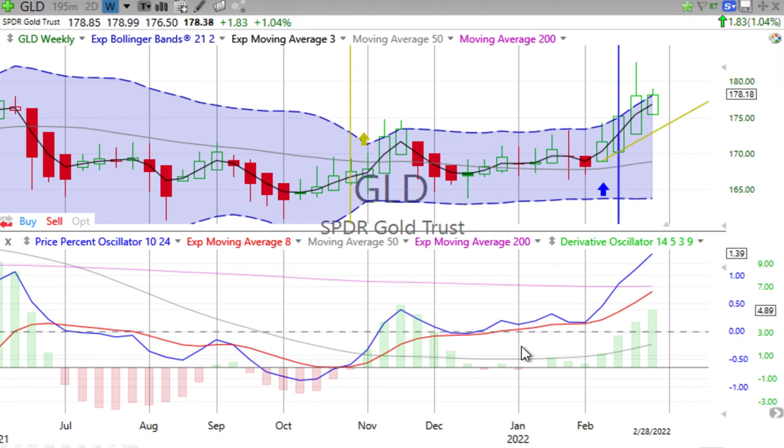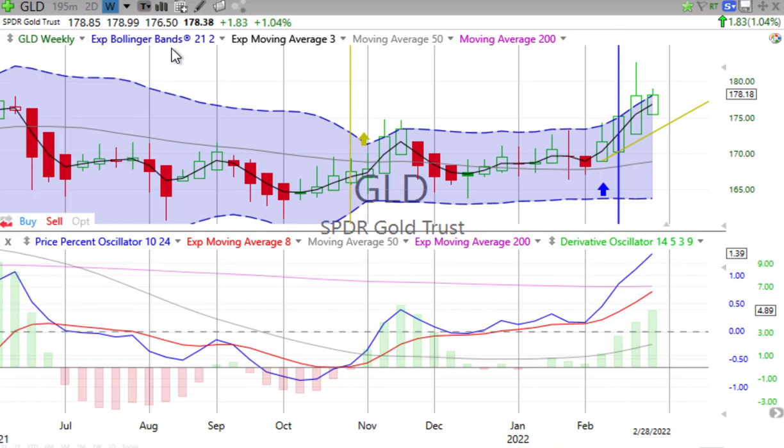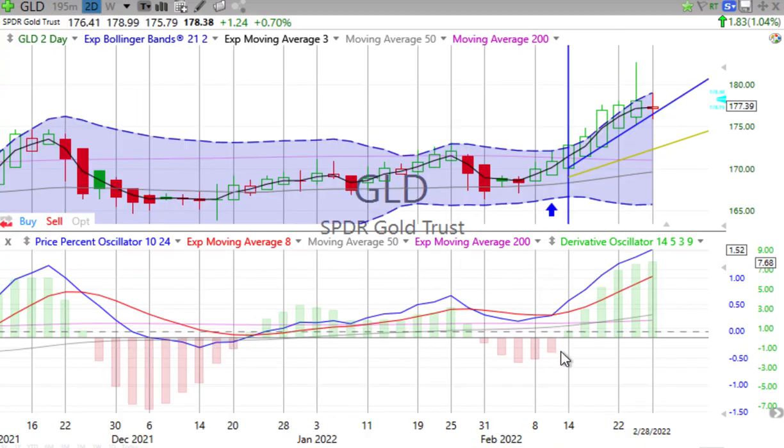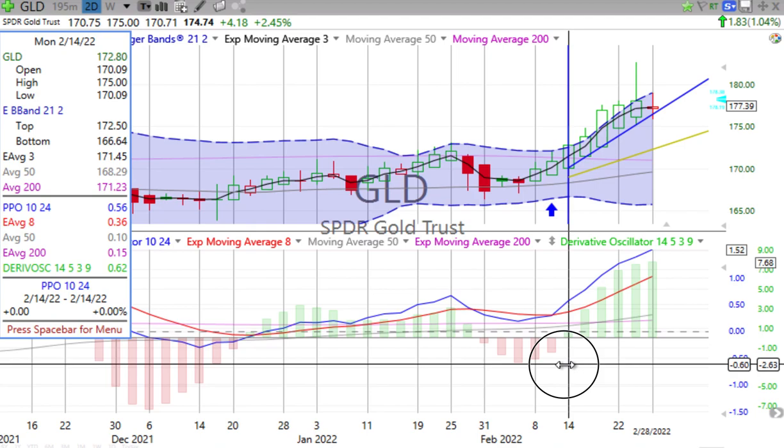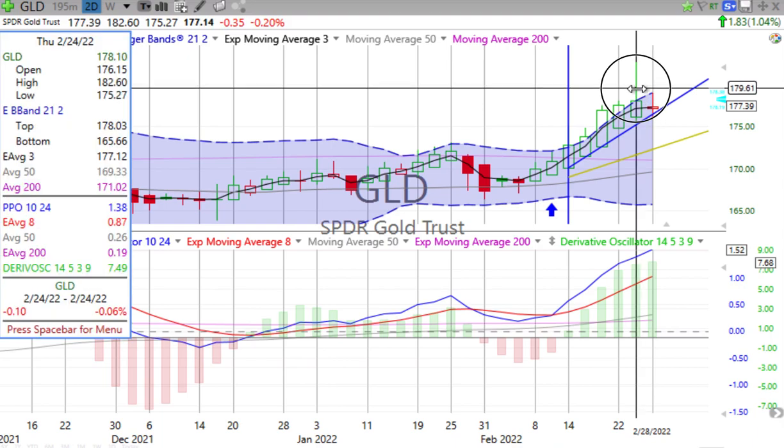Price percent oscillator, derivative oscillator. Of course, we had that 2-day recross that occurred. We'll go to that as we go to the 2-day chart. There you can see it on the 14th, Monday the 14th. Things moved up, but again, starting the week off, even though things are up, of course, that prior 2-day candle,